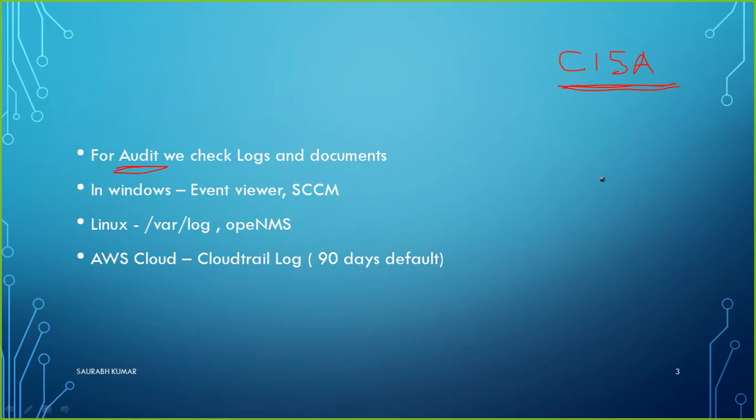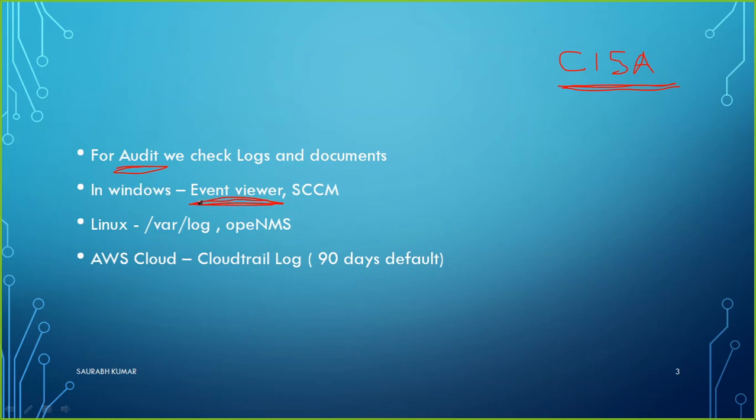Now if you go as an auditor to any company and they give you a system to audit, what will you look for there? Definitely only one thing is going to help you figure it out about a system, and that is the log file of that system. Every system maintains a log file, and that log file is already stored there. For example, if you have a Windows machine, you can see all the log files of the Windows machine by just running Event Viewer. You may have heard about this term, Event Viewer.